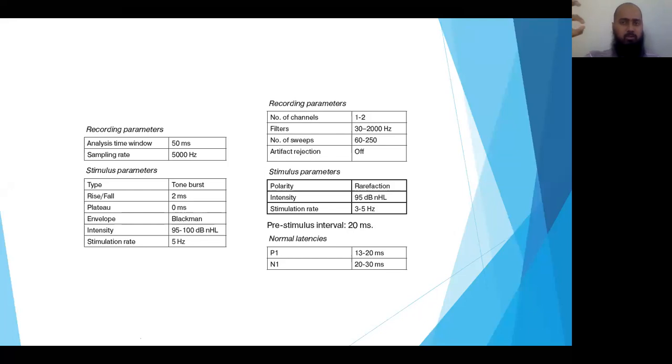When it opens and closes, it will give us a shape. Okay, so imagine I'm going to open and close. So it is going to be like this: open and close. So that is your envelope. You have your envelope like this. What happens with the click? We have the same gating for the click. The click will be abrupt opening and abrupt closing. So like this and this, very fast. Okay,